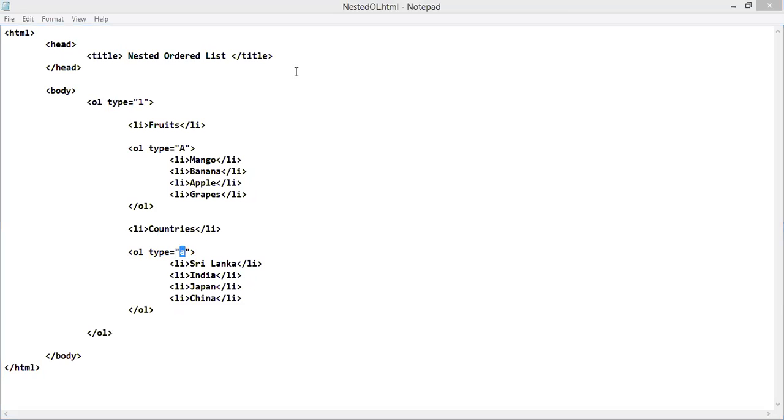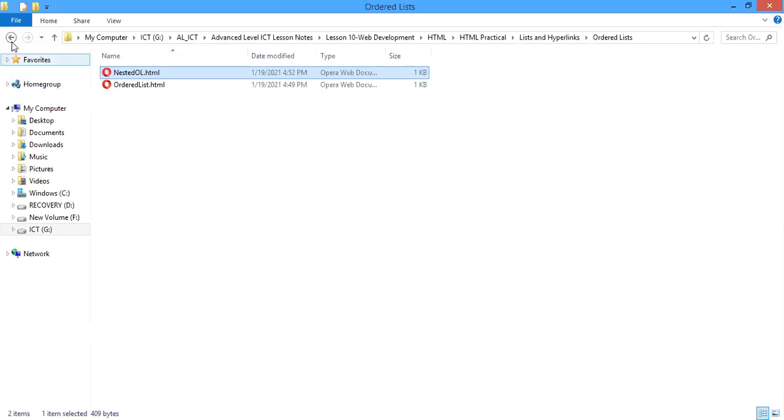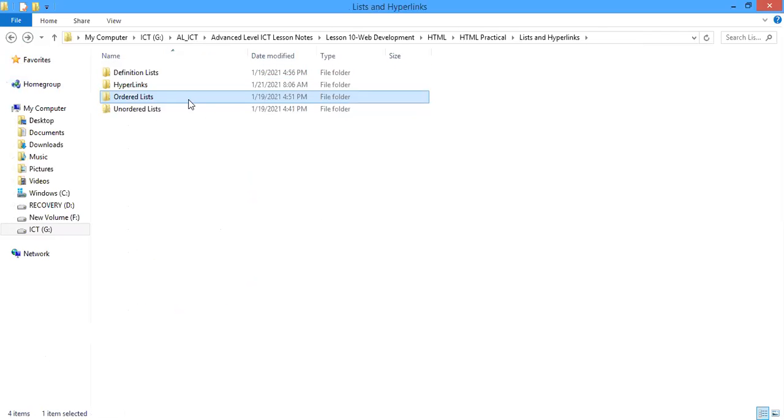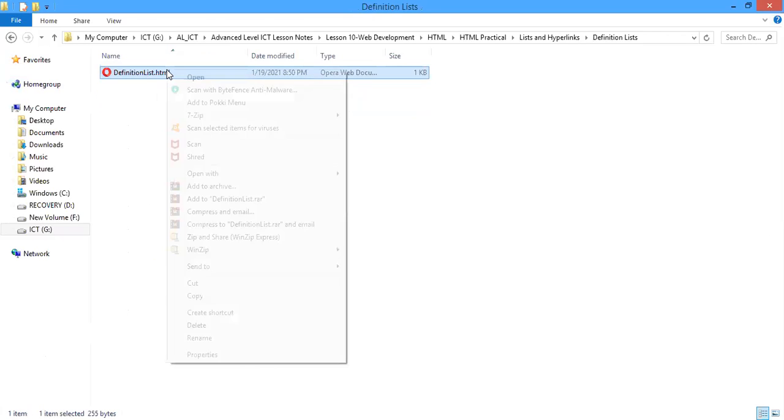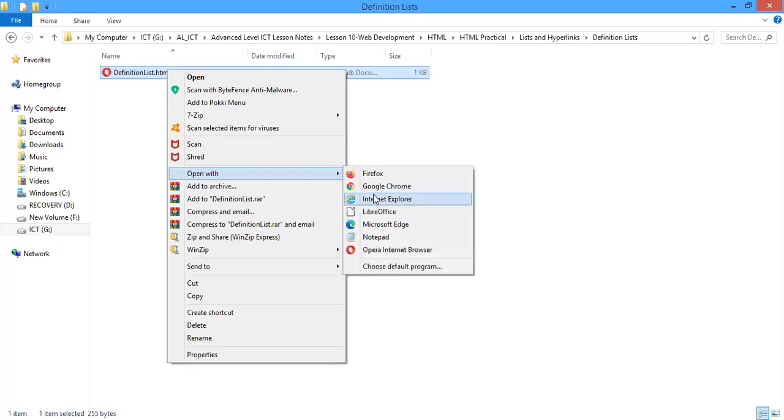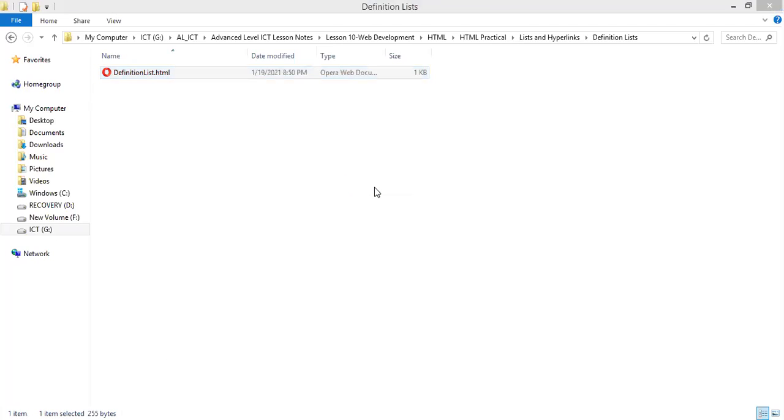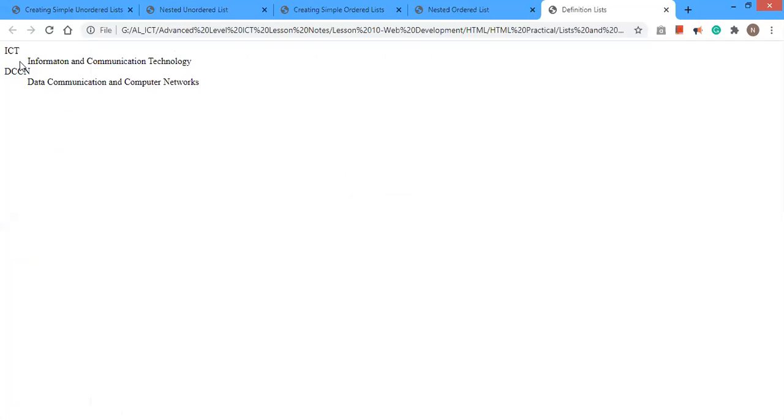Okay, now we will move to the other list type available with web pages, that is the definition list. First we will see the output. So in a definition list, we can include the definition title, and then we can include the definition description under that title.